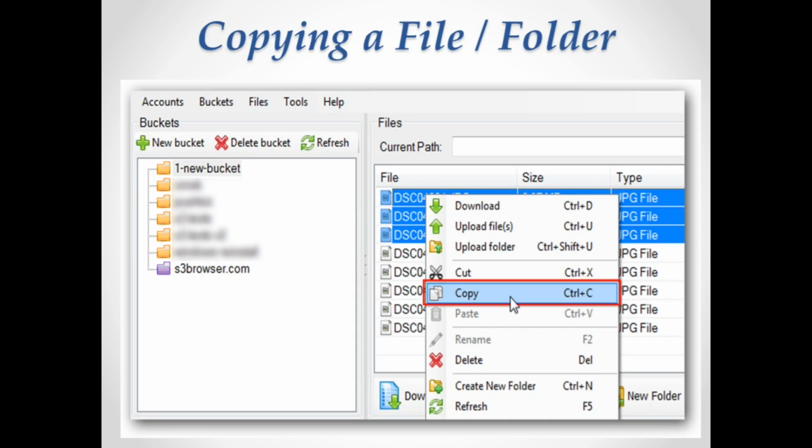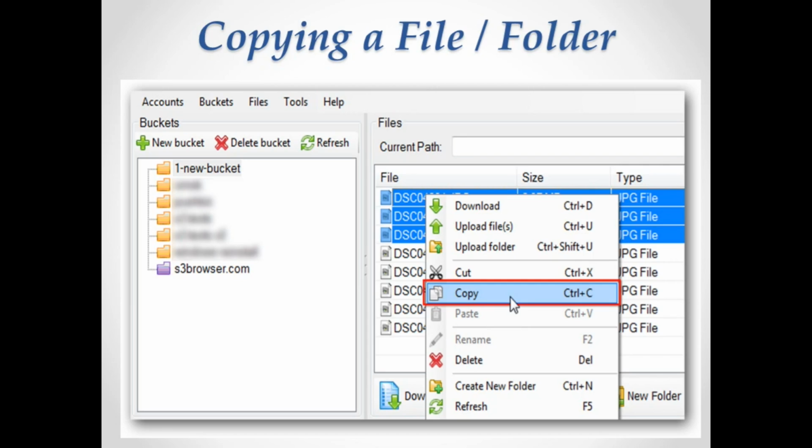First, using the mouse left button, click it to select it. After selection, right click on the mouse button and a menu will appear, and you can click on an option called copy and the file will be copied. After a file is copied, it needs to be pasted in another place.